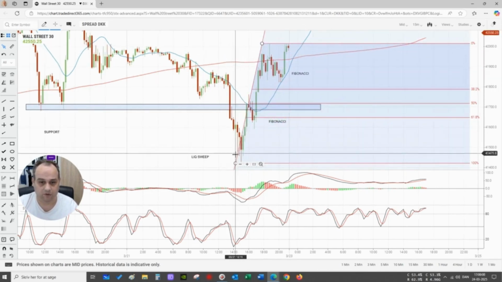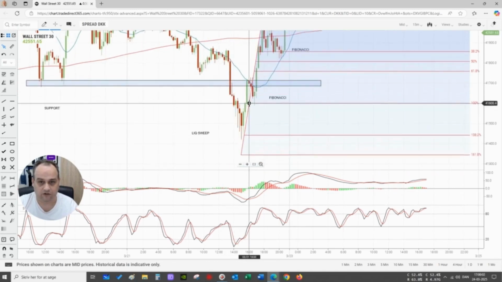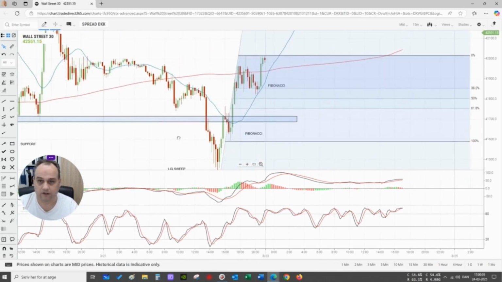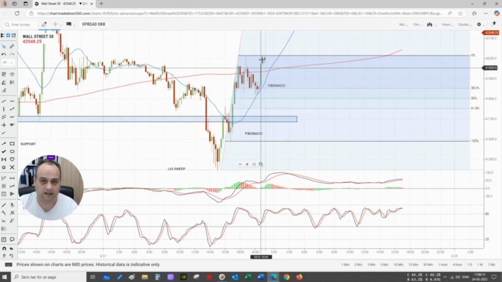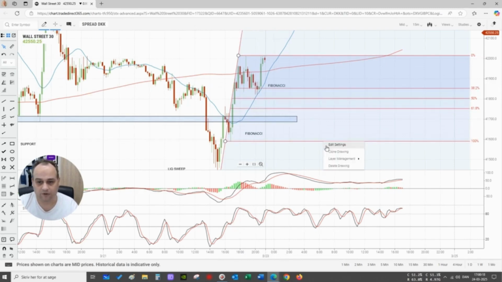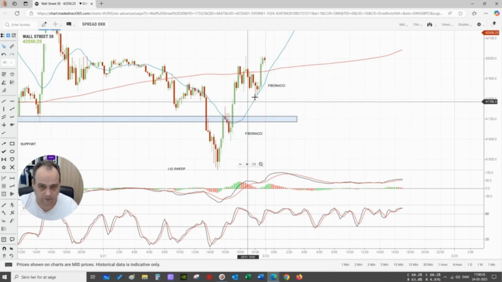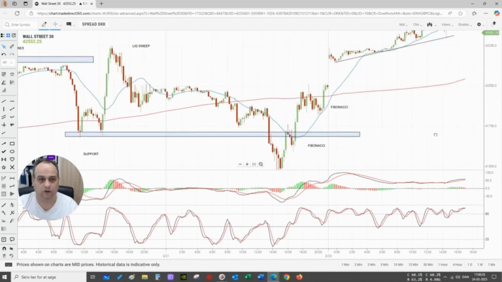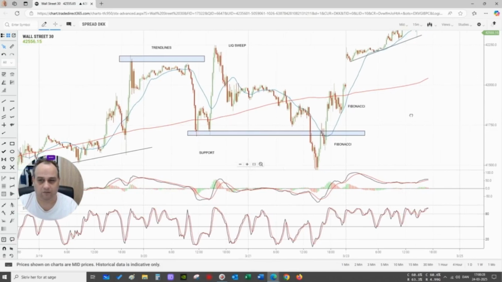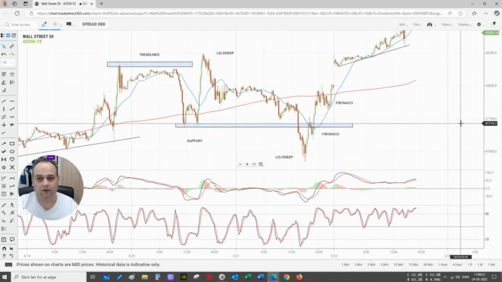Also, if you take the next move, now when price changes the structure and the character of how it's moving, you can see that in the next move from bottom to top, price actually again stops with the 38% level when it comes to the candle and the candlesticks, and then it continues further up. So the Fibonacci tool on top of this, with the blue line, with the red line, with the price action, also tells you and helps you to make your entries and your exits more precisely. So you see, when we combine all these things together, the price action in itself gets even stronger.